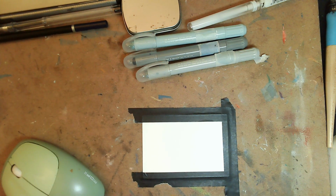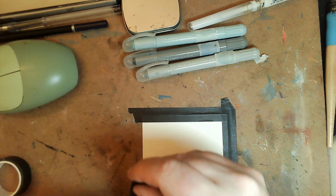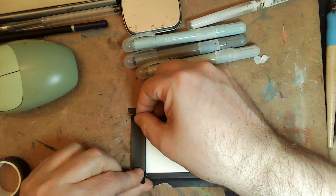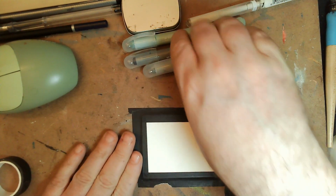Maybe it's just assumed that you would need it, but I think it's cool because they're not quite like oil pastels. They're similar to oil pastels, but they're not quite like oil pastels. So anyways, I got these 3,